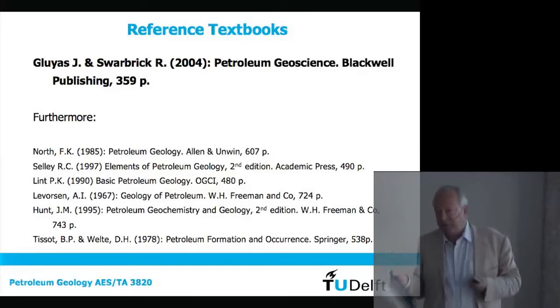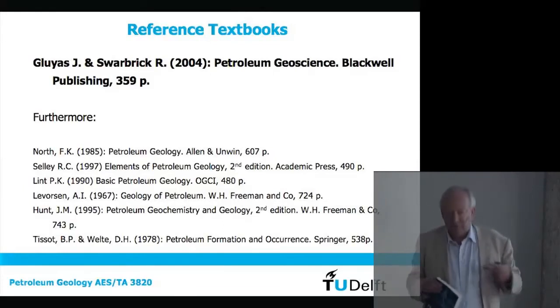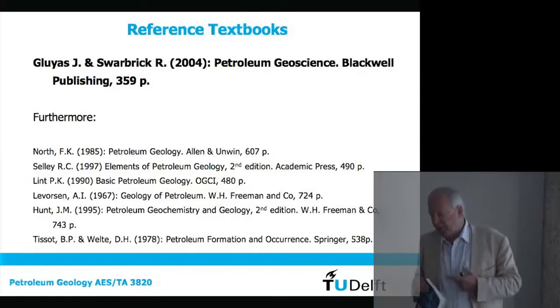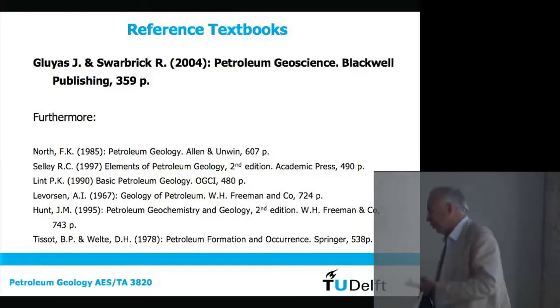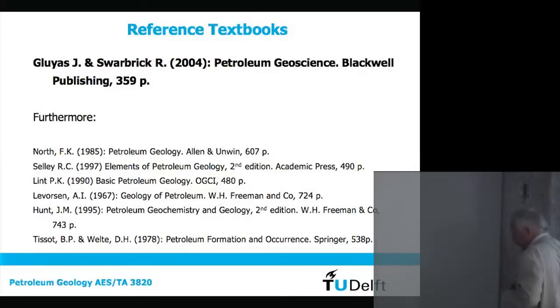It gives a very broad overview of petroleum systems, but also on field development and field reservoir characterization and other topics of relevance. And some of you will take further courses in petroleum sciences. And so this book is actually not just good for this particular course, but also for subsequent courses that we have. And that includes exploration geology, production geology, and reservoir characterization for field development. Okay, so I recommend this book as